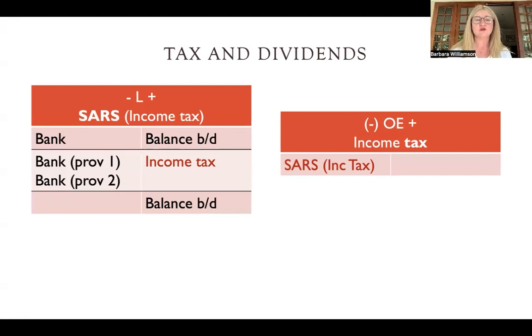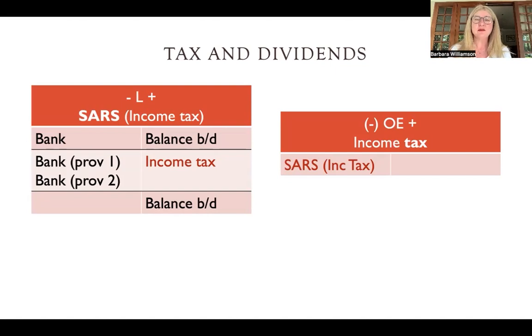And so as a result, what happens is that SARS says we need to pay provisional tax. Provisional tax is simply paying in advance, kind of like when you have PAYE on your employees' salaries. It works in exactly the same way. It's saying the business has made some money, but halfway through the year, we're going to pay some of it over to SARS just so that we don't have to pay it all at the end and, oh dear, there's no cash left. So that's the purpose of provisional tax.